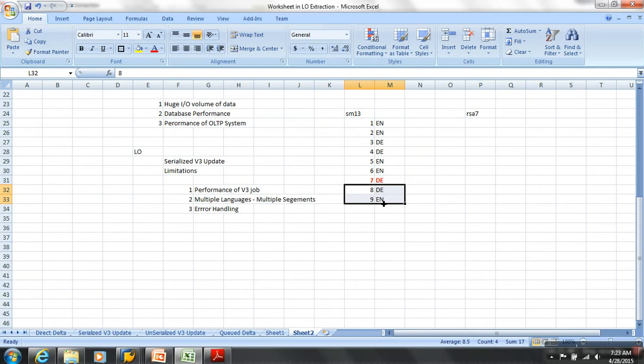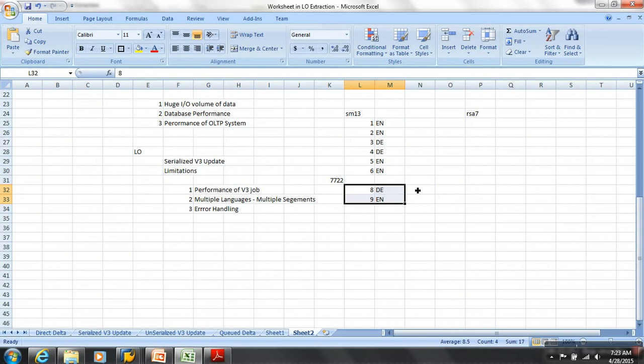SM13, find that error LUW, understand which document number this error LUW belongs to, which sales order number it is. Then let's say it is 7722. Focus, okay? You know how to see the data in SM13. We used to observe which document it is, 7722. Then delete this LUW and do a normal V3 job again. Then what, do 8 and 9 go now? Since 7 is deleted, 8 and 9 are processed? Yes.